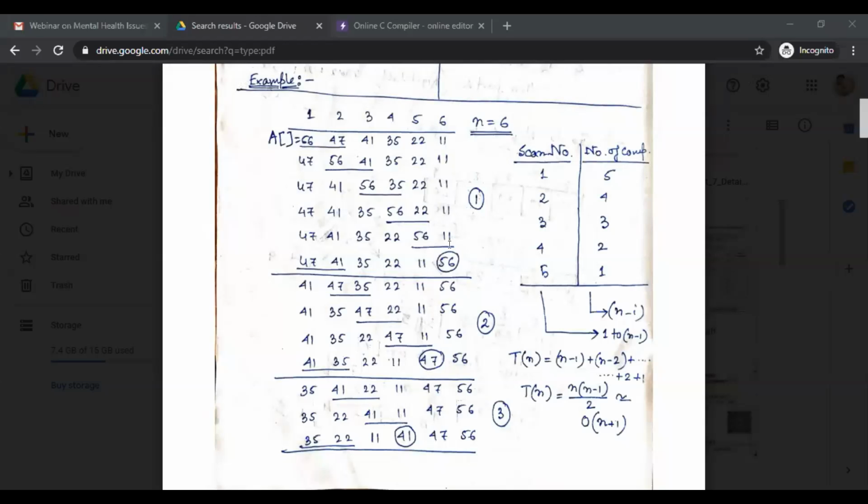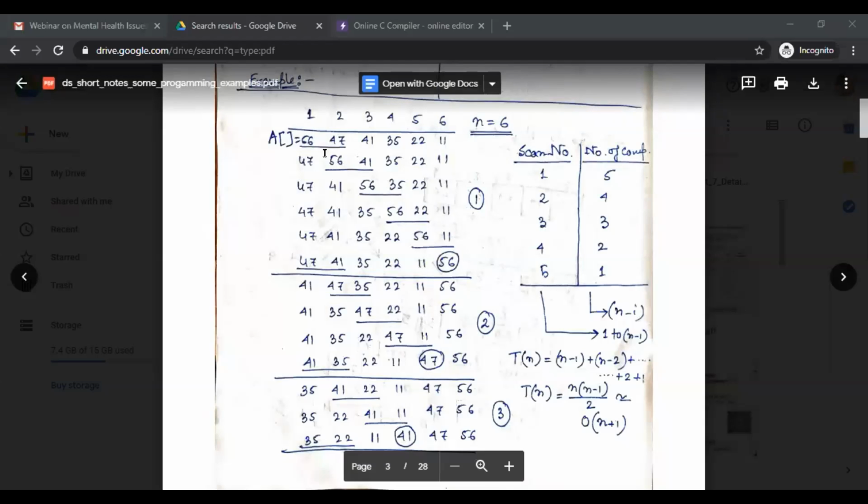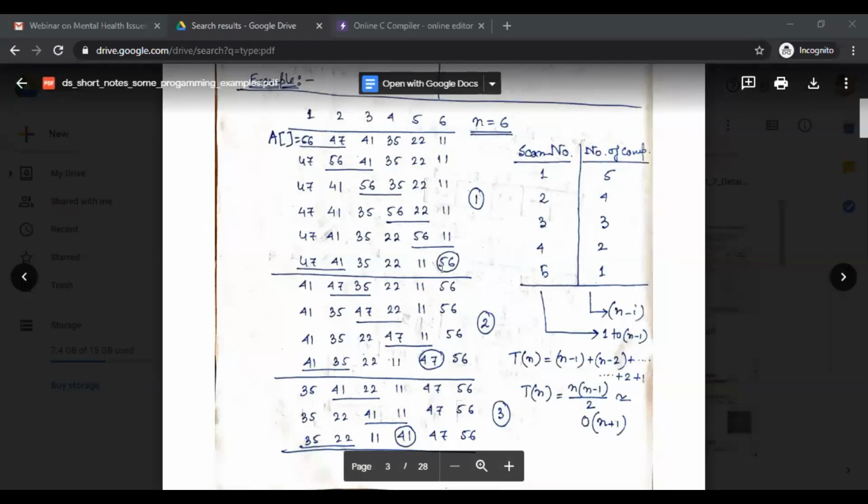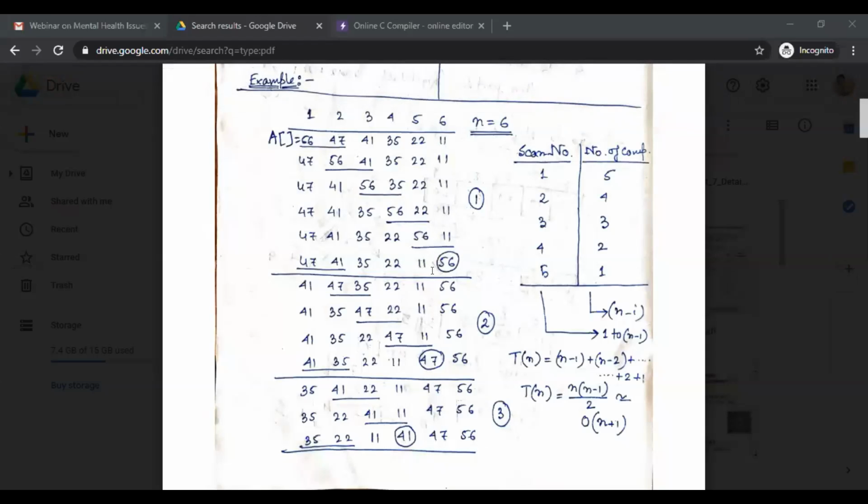And how many times is my loop executed? 1, 2, 3, 4, and 5. So after 5 executions, 56 is already placed in the said location. That means according to our requirement, 56 is already placed.